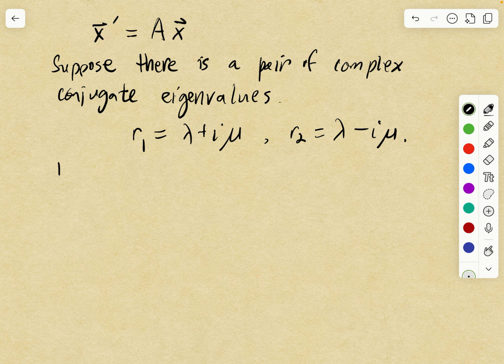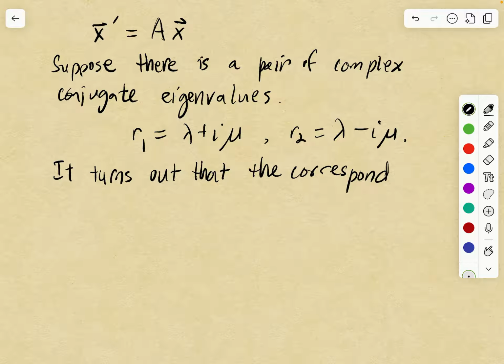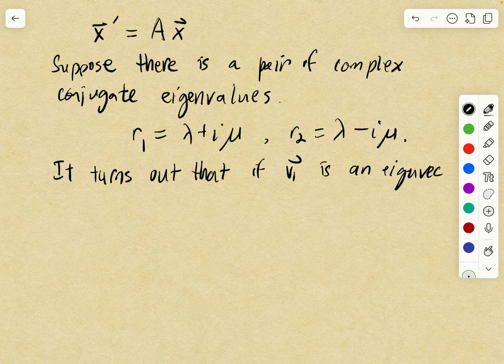So it turns out that for the corresponding eigenvector, you find an eigenvector for r1. It turns out that if v1 is an eigenvector corresponding to eigenvalue r1,